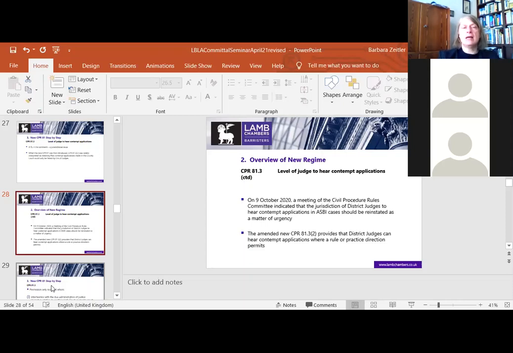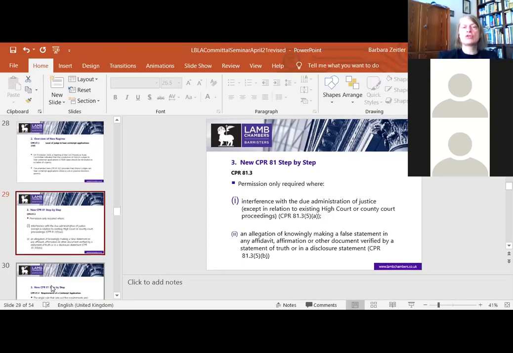I suspect this has now been very widely ironed out, but just in case it still comes up in a county court before a district judge, you are now on firm ground to say to the district judge that he or she has the jurisdiction to hear a contempt application in the context of antisocial behaviour